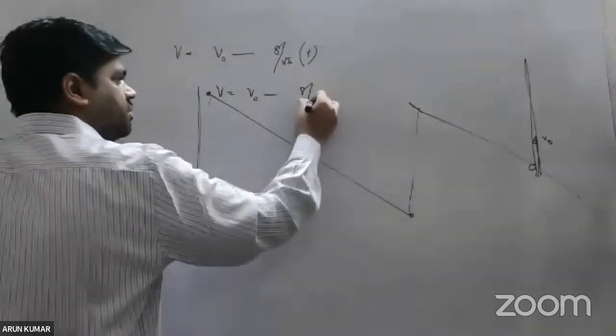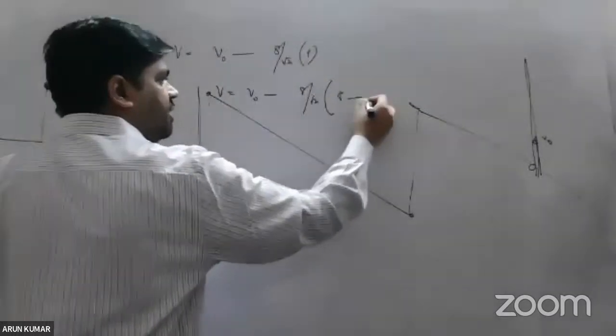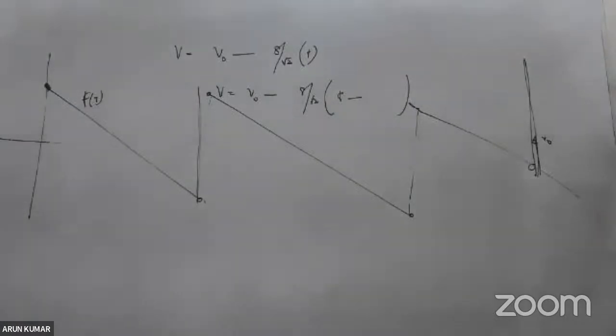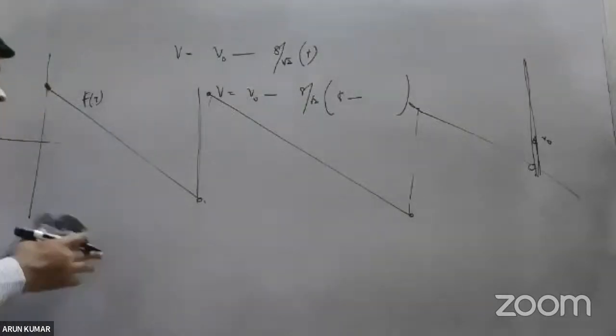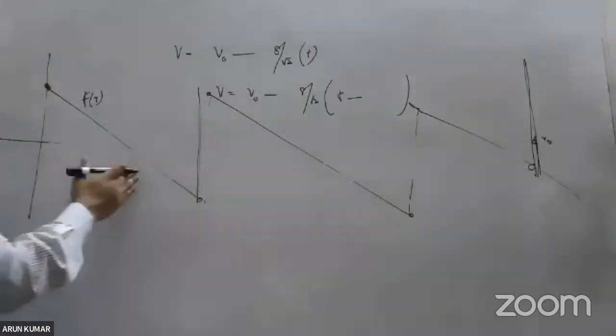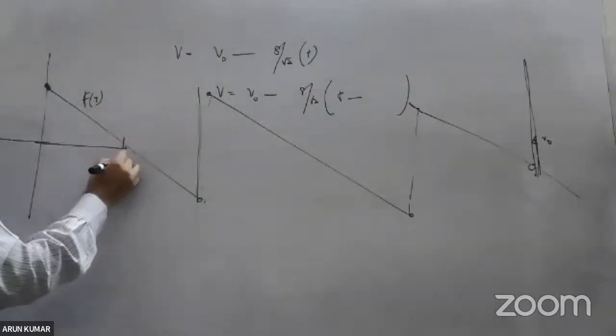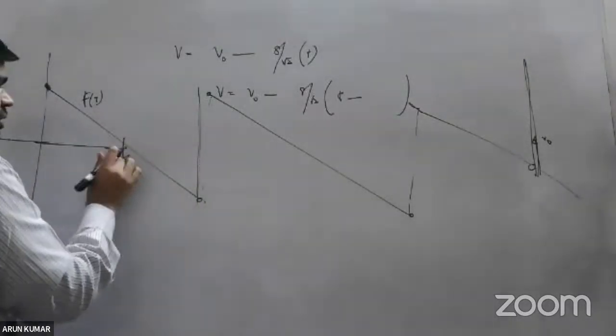V0 minus G/√2 into T minus ఎంత ఉండాలి? V0/G. V0 by G నా ఎంత డిస్ప్లేస్ అవుతుంది? ఇక్కడ నుంచి ఇక్కడ వరకు ఎంత డిస్ప్లేస్ అవుతుంది? ఒక టైం ఫ్లైట్ డిస్ప్లేస్ అవుతుంది. హౌ మచ్ ఇస్ దిస్? G/√2. సారీ,